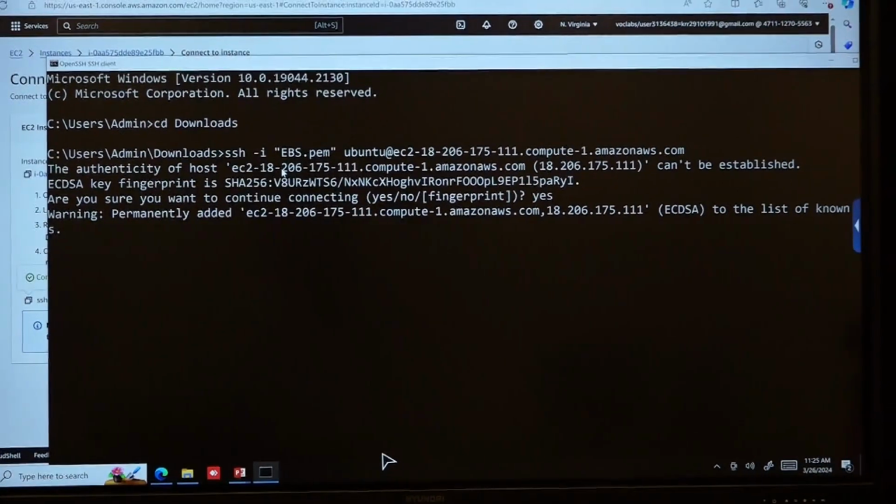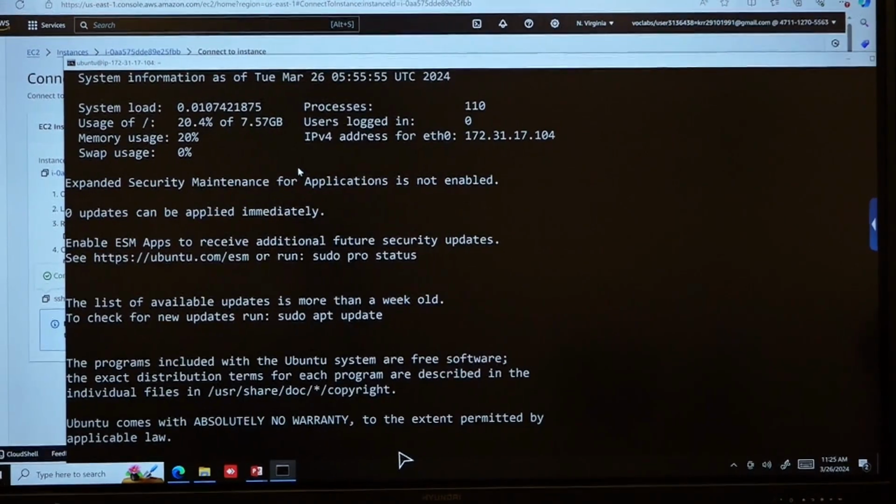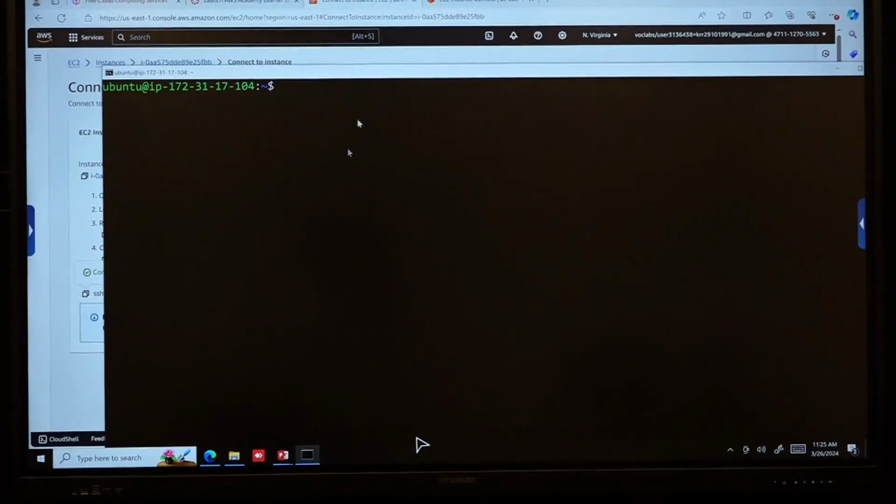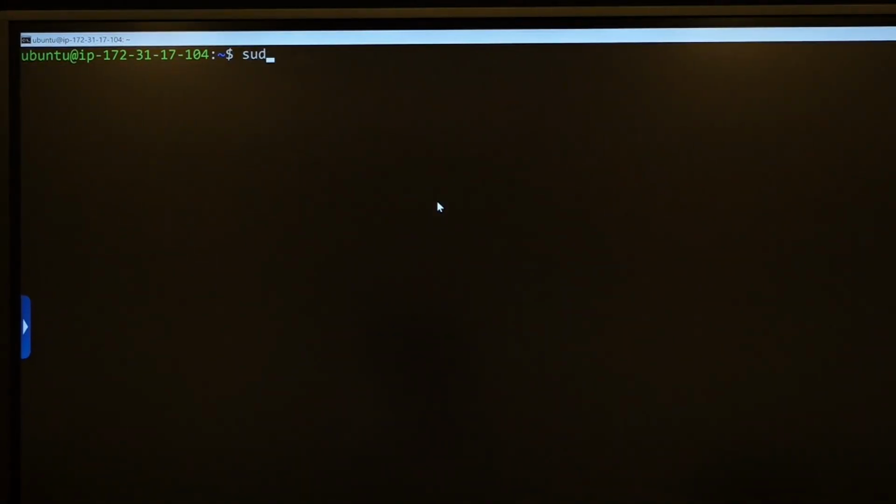Yeah, now I have connected to my EC2 instance. I will just zoom this. Now, to check whether the extra 15 GB volume which we attached is attached to your EC2 instance or not,